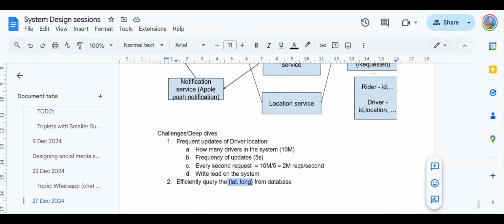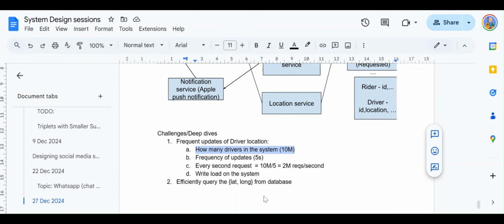So we want to find the nearest driver to the start location of the rider. When we query this, we have to query all the records. Let's say there are 10 million drivers in the system. It means we have to query 10 million records just to find the nearest one, and then do it repetitively for all the requests coming into the system. For each request, querying all the records from the database is highly inefficient.